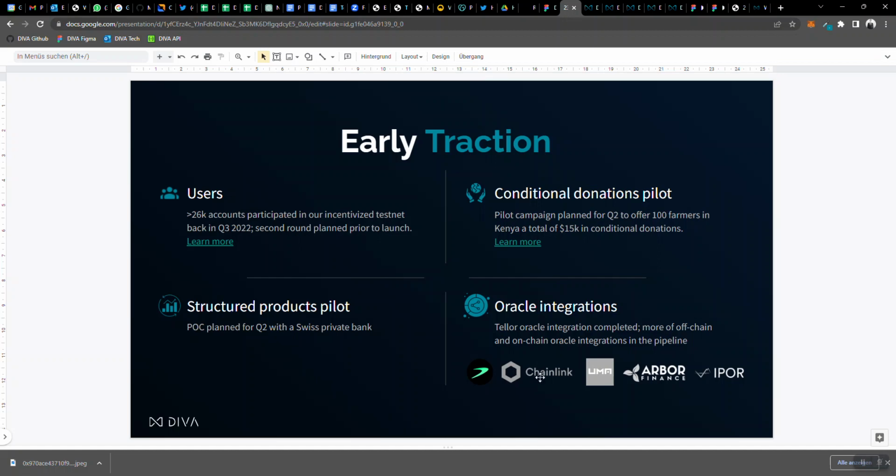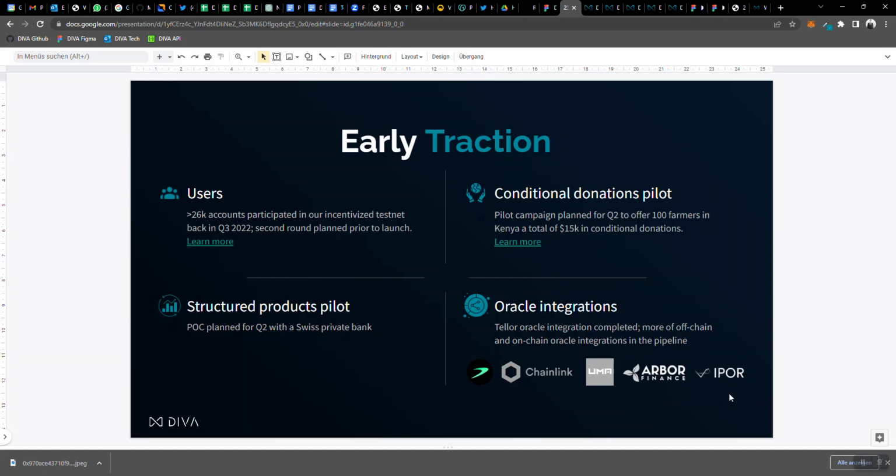One is Chainlink, Uma protocol, but also other on-chain protocols where we could use their on-chain data to settle pools. For instance, Arbor is an undercollateralized lending protocol, and we could use the amount repaid, which is stored on-chain, to create credit default protection products, right?